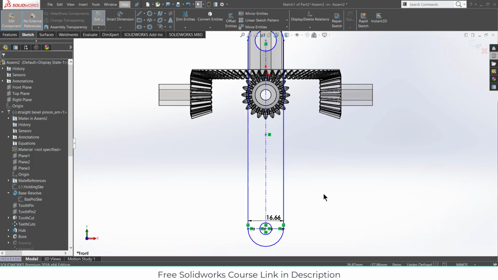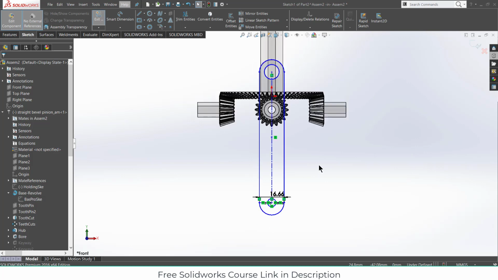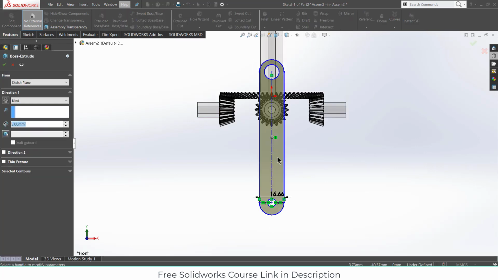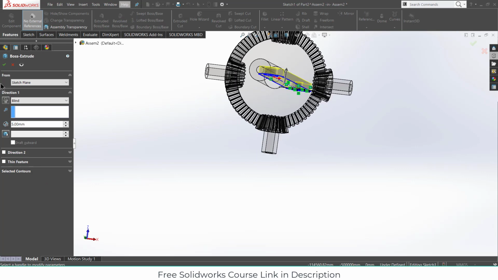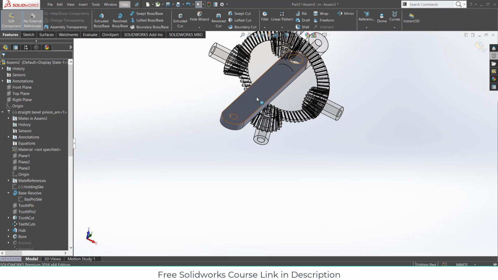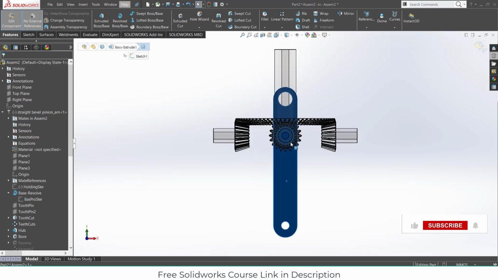Control Z. Actually, we made a small one. Just make it extrude for a bit, then I will do other things. 5 mm is fine. Now select this, press Ctrl plus 8. After that, we will apply to use